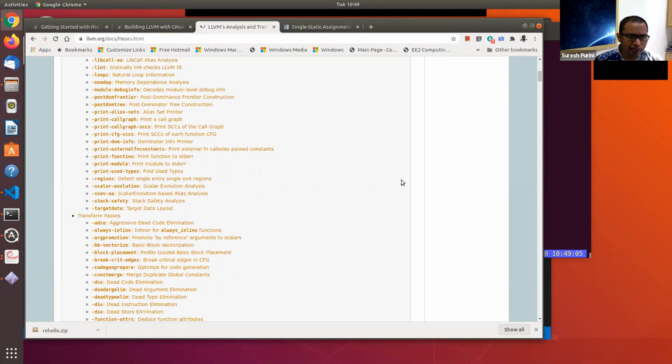For example, there are analysis passes here to print a call graph, dominator trees, and control flow graphs. To get a better feel for how the IR looks as the compiler compiles your code, visiting this page on and off is useful.